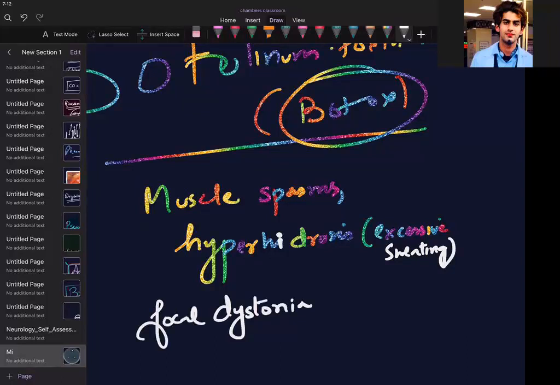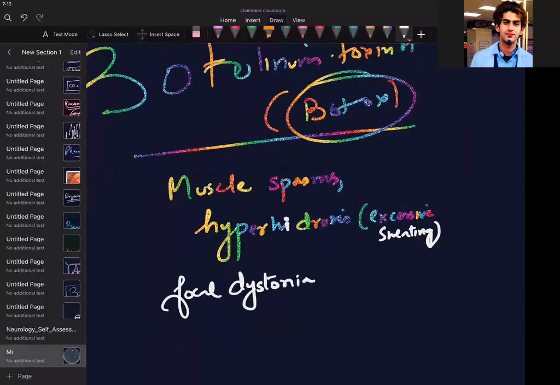So you are not writing the mechanism. I am giving you the time to write the mechanism in the textbook. Till that time I'll be writing the uses. Muscle spasm and cosmetic. People have wrinkles.